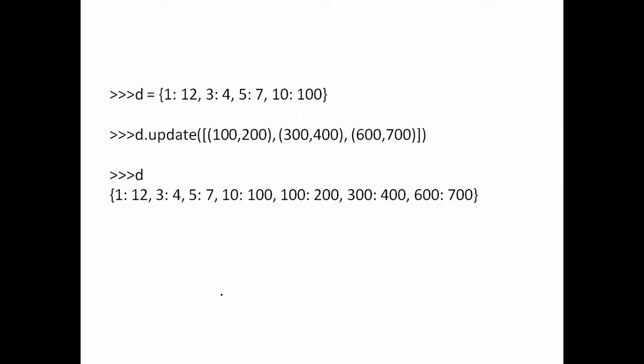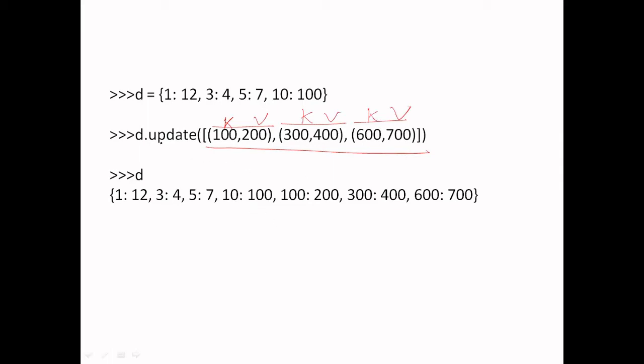We can also update a dictionary with another iterable object whose elements are in pairs. Like in this case I have passed a list object whose elements are tuple objects, and in each tuple we have a pair of elements. The pair's first part will become the key and the second part will become the value.